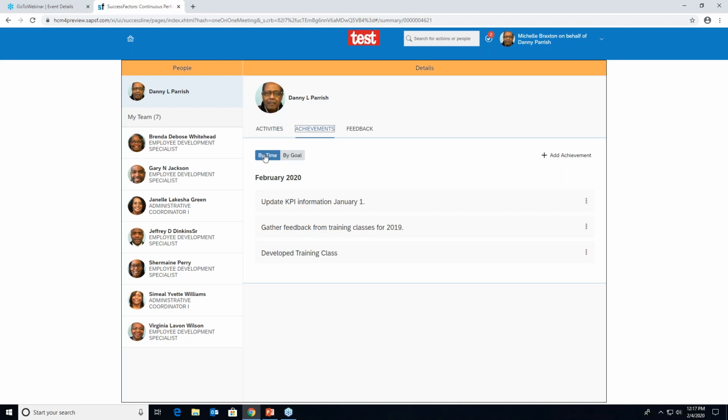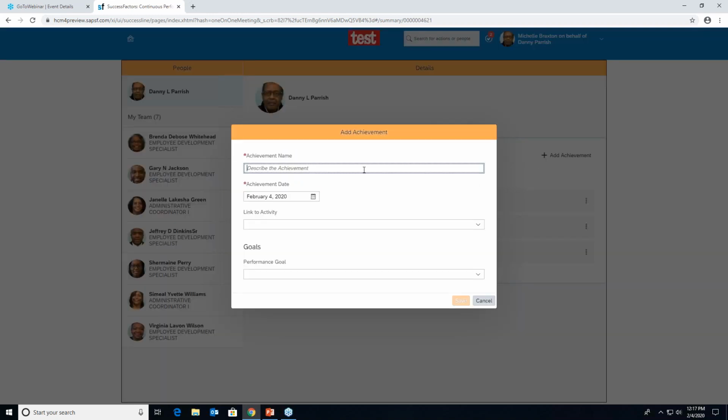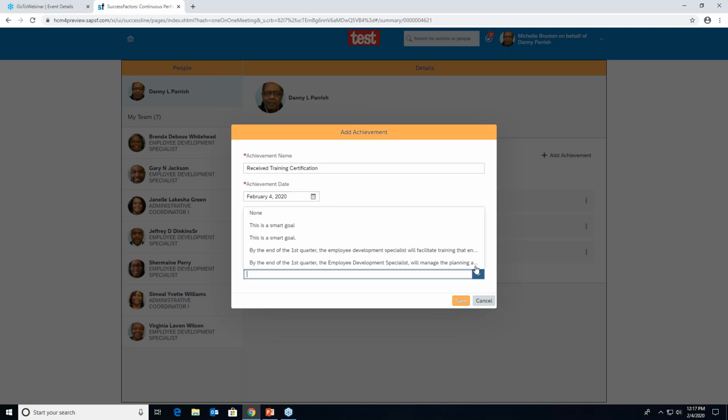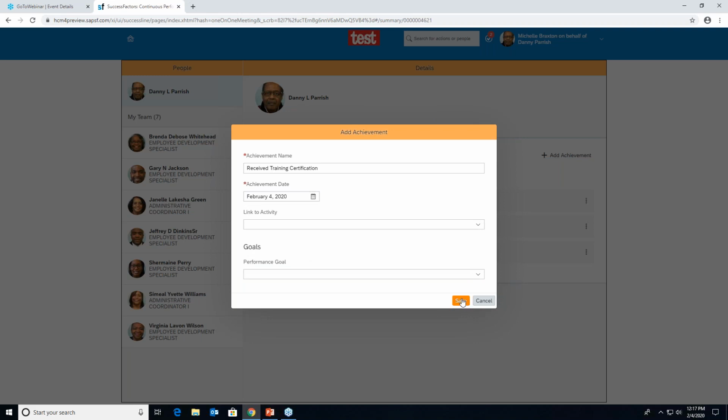Under the Achievements tab, we can view, again, like I said, the existing achievements. And then if we wanted to add an achievement directly to here, we can do that by typing in the name, the date, and you have the ability to link it to an activity, and you can link it to a goal and click save.